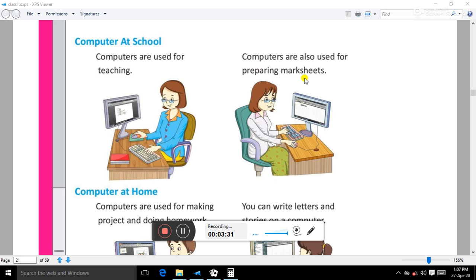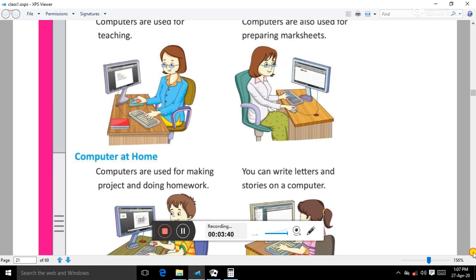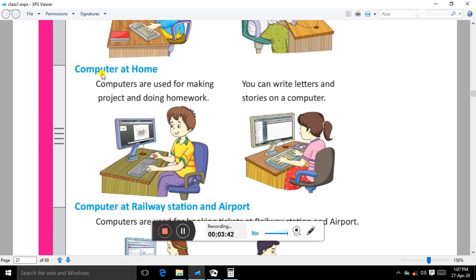All the basic details of every student are stored separately in the computer system. So computers are helpful in school. Computers are also very helpful at home, where they are used for making projects and doing homework, and you can write letters and stories on a computer system.